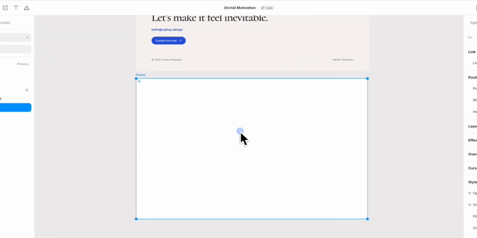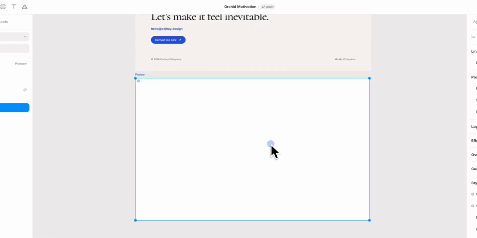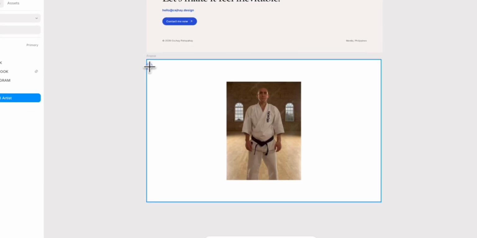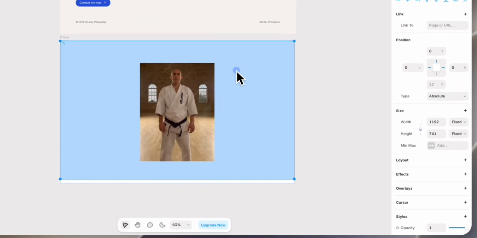To get started, create a new frame in your project. After that, place the image or object that you want to use inside the frame. And once your content is ready, create another frame that covers the entire area where you want the blur effect